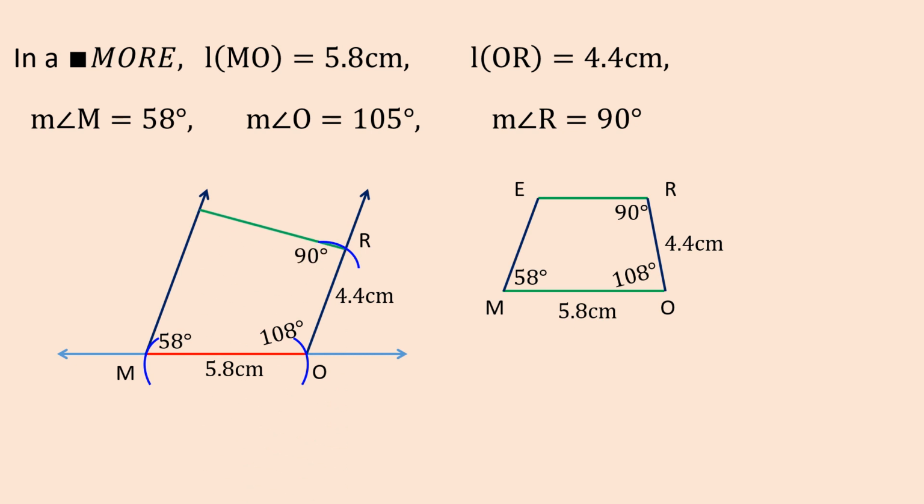That ray will intersect the previous ray of angle 58 at one point, and that point is known as point E. Clear? So this is the way we complete our construction. I hope you have understood, and if you follow the steps as I have followed in the video, you will be able to complete such sums.